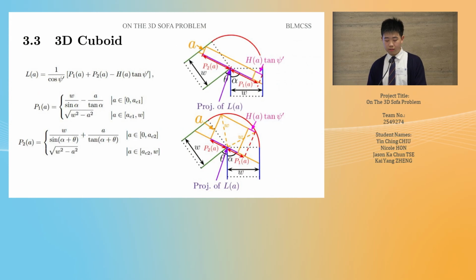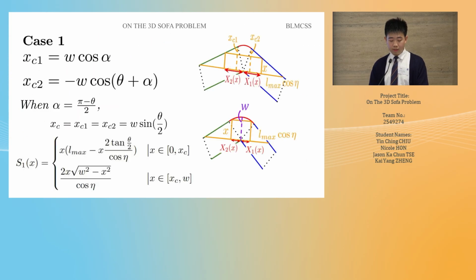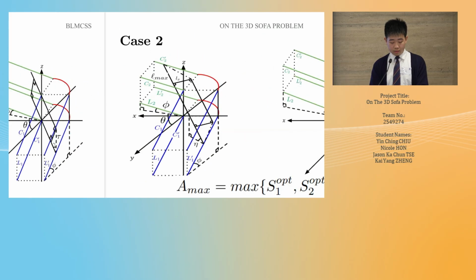And for the length expressions, we consider the projection of the base rectangle onto the xy plane. And then similar to the 2D case 1 rectangle, we need to consider whether the rectangle touches the platform region or not, and therefore we get the critical value of it, which is AC, and then we find the expressions of the length in 2 parts,